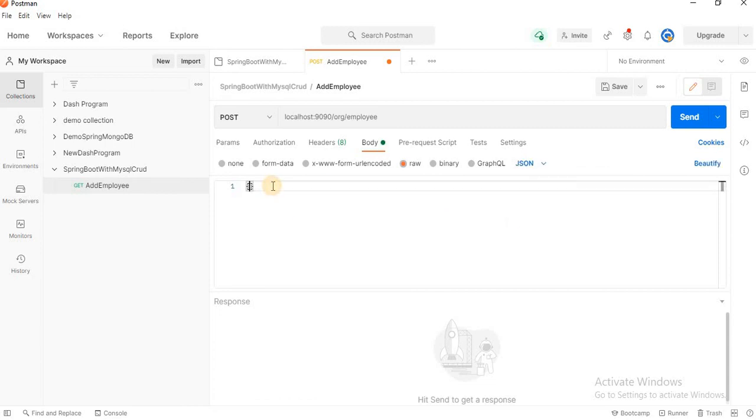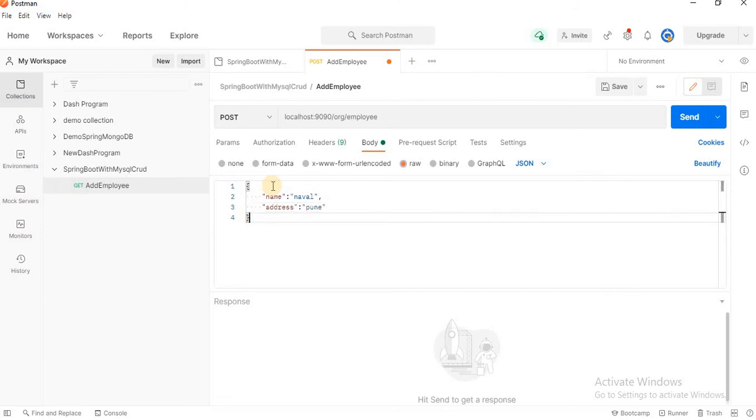Let's create our name, colon, I'll put my name Naval. It should be in double quotes because it's a string. Then address, colon, Pune.